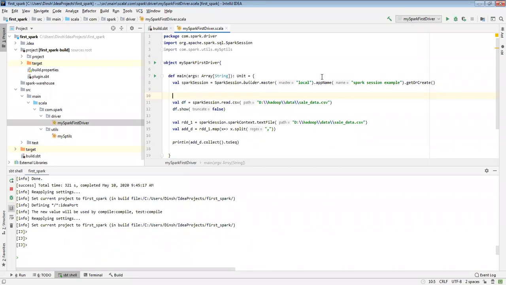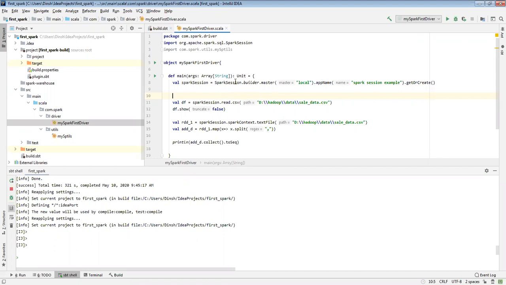That means when you launch the Spark shell, a Spark application is launched. So whenever you want to launch a Spark application, the Spark session is the gate for it. The first step is to create and launch a Spark session.